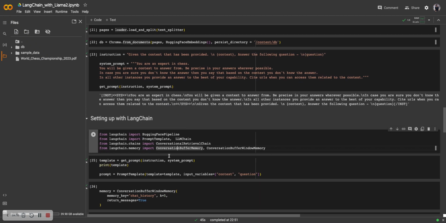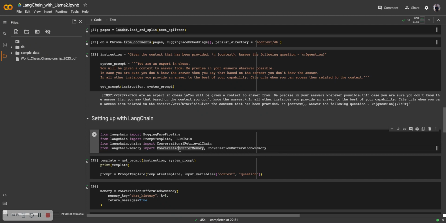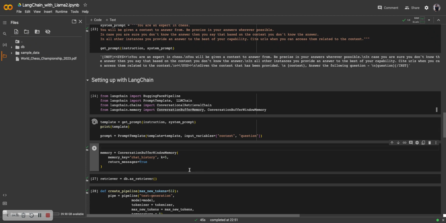We'll be using the window memory, but you can also use the conversation buffer memory. This one just loads all the conversation that you had. Here it loads up to a number of conversations that you define. And then this is the template, and this is the prompt. We will be loading the last 5 conversations that we had. I don't think we'll be needing more than that for this demo. And then we define our retriever,